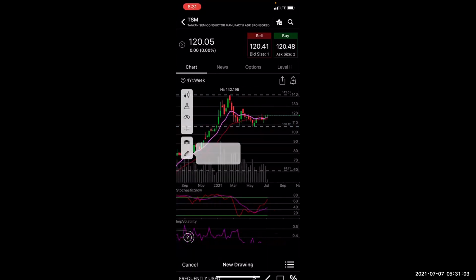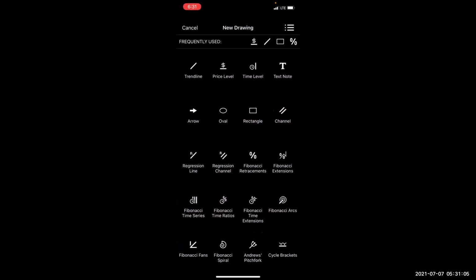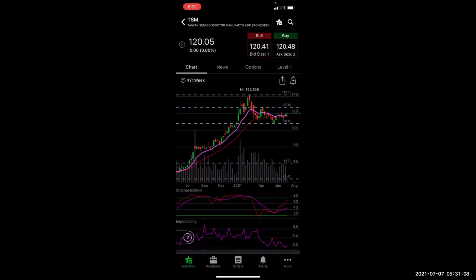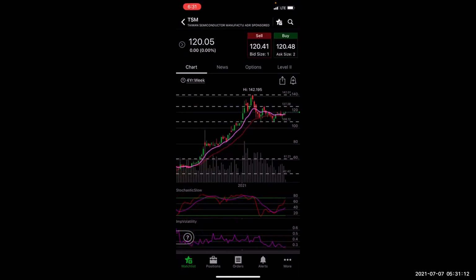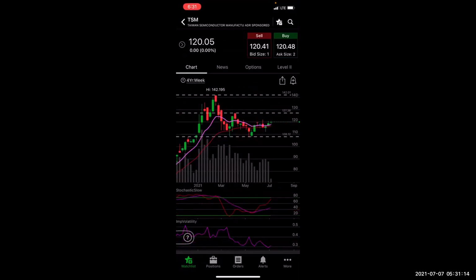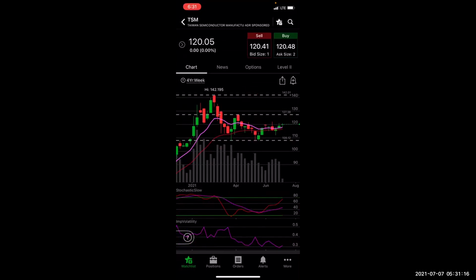Okay, so there's really not much support resistance, at least on the weekly. So then I zoom out, and these are my support and resistance. But the area that I'm going to focus on is here, right? And so now, if you look at this,